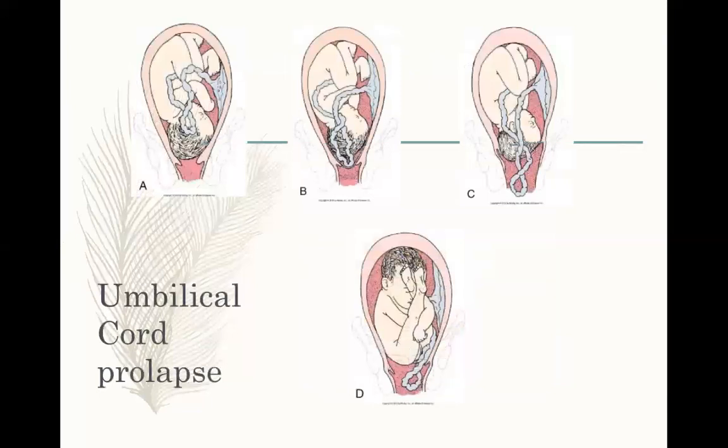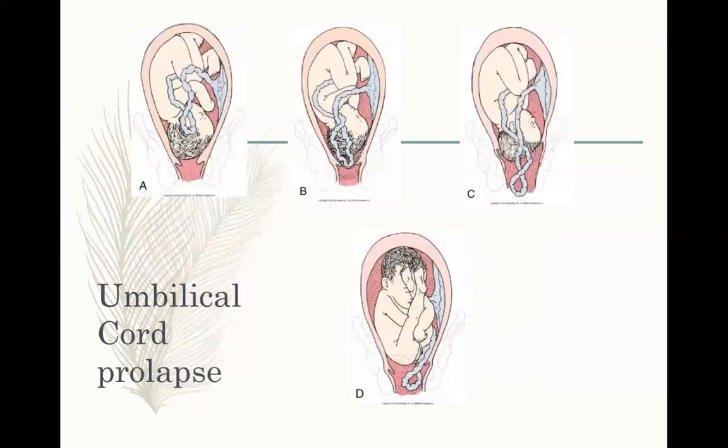Another true obstetrical emergency is an umbilical cord prolapse. With a prolapse, the umbilical cord, you can see, falls out of the uterus before the baby. The risk here is that the cord gets compressed up against the cervix and between the cervix and the presenting part. So if a prolapse is identified, the way we deal with that is that either a nurse or provider